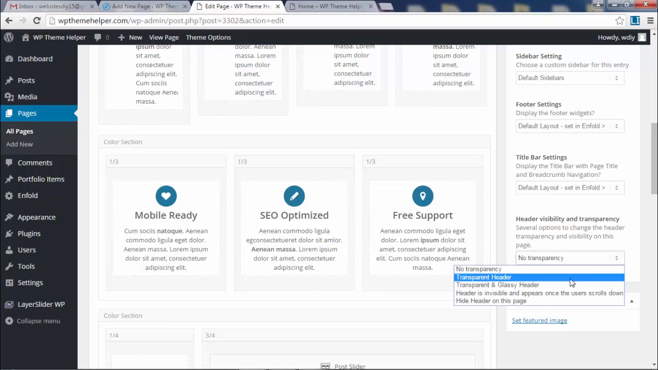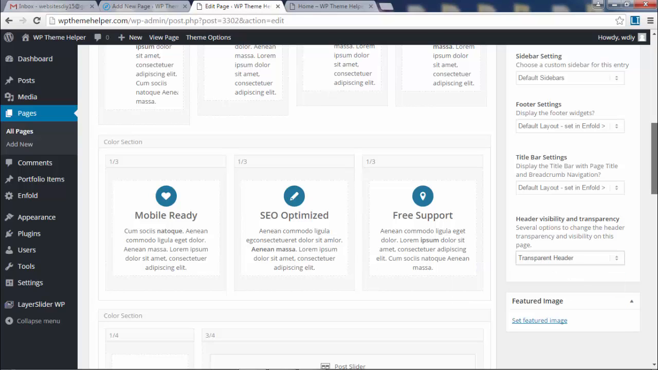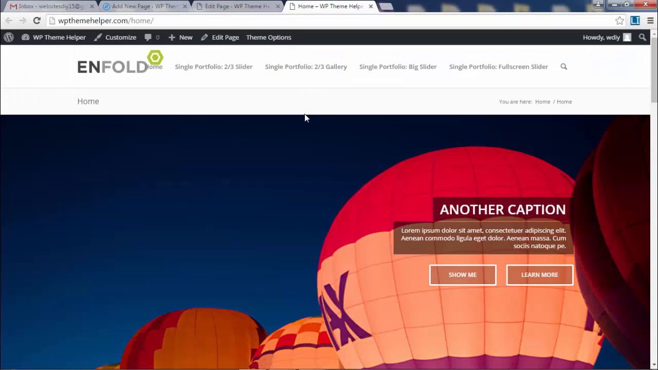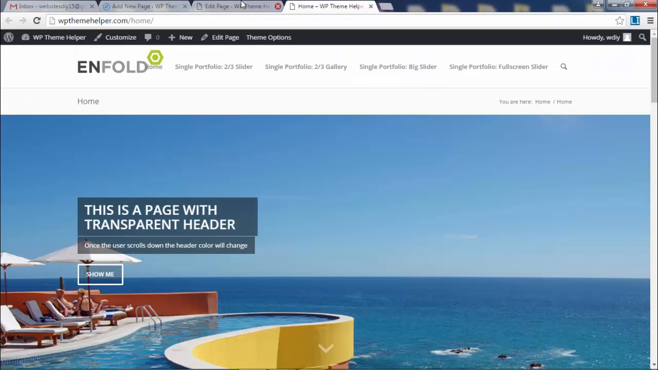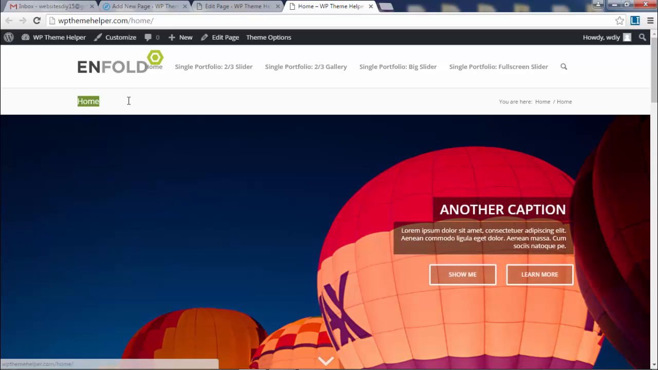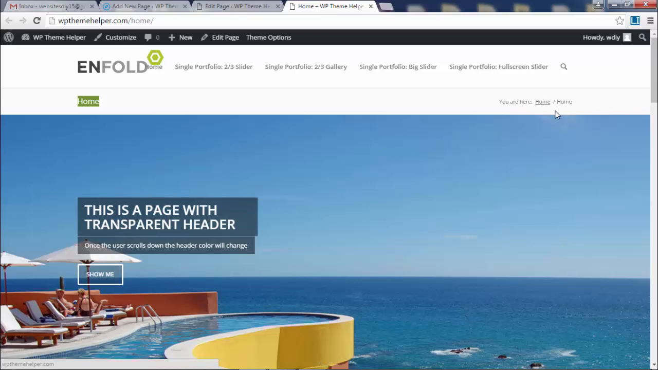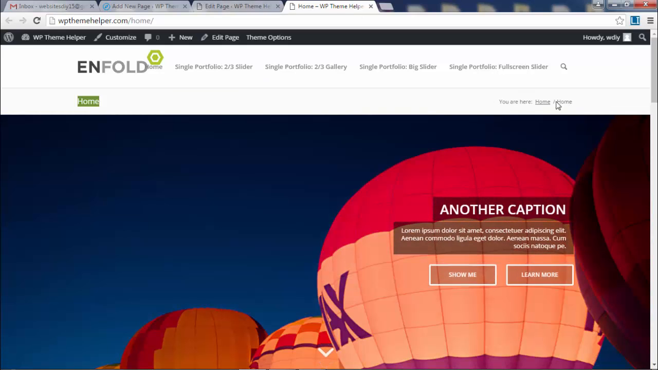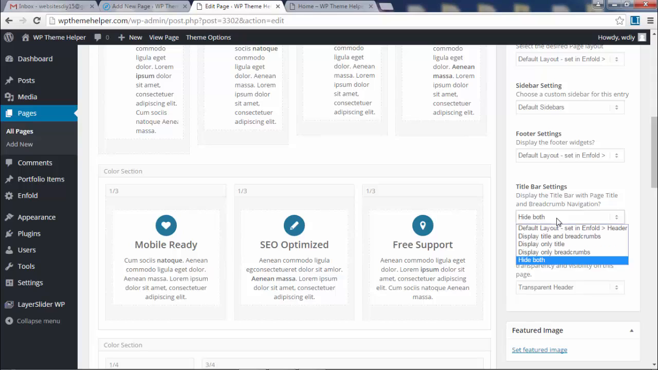So I say I want the transparent header, and also I want to delete this thing right here, and that's called a title bar. So I'm going to say hide both, meaning that this is the name of the page and these are the breadcrumbs. It shows where you are in the directory, how many directories or pages deep. These are called breadcrumbs. If you want to delete those, and for this particular page we've got to get rid of them, here they are. So you hide both,